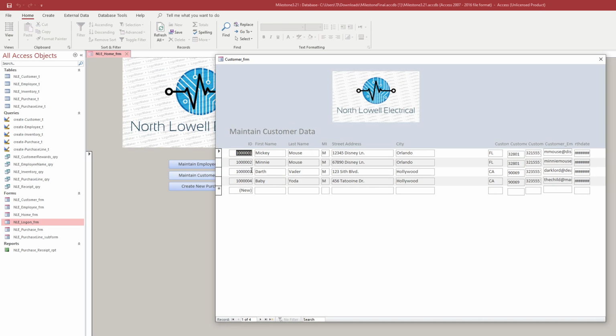So let's go to maintain customer data. Let's say someone wants to create a new rewards account with us. Jim Leahy. And we're going to go with 123 Sunnyvale Ave, Lowell, Massachusetts, and this is essentially the same thing as the employee creation screen. So 01852, enter the phone number 978-743-1100. Customer email